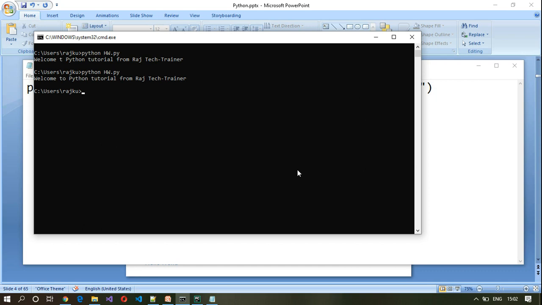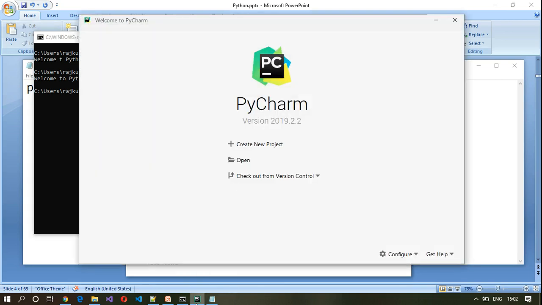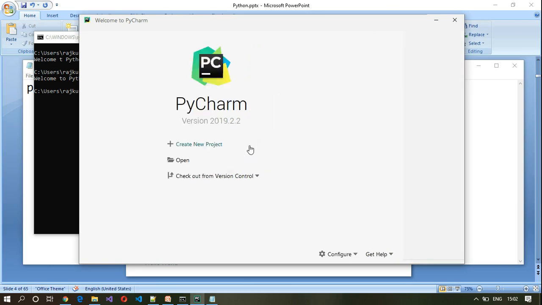However, in this tutorial we are going to use PyCharm. I have installed PyCharm version 2019.2.2, and once I open PyCharm you will get this window. What I will do is I will create a new project here.